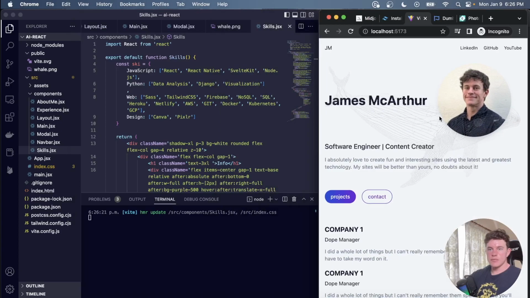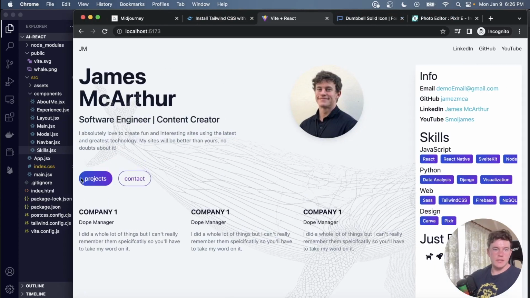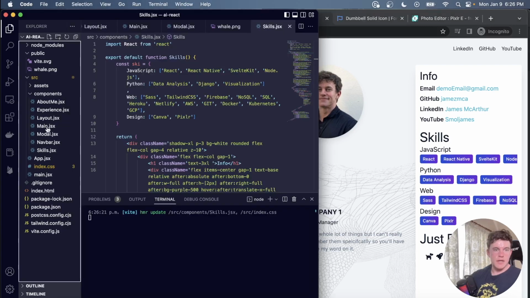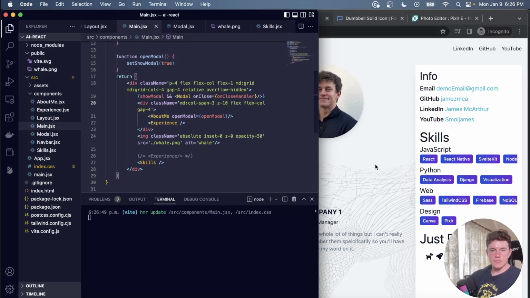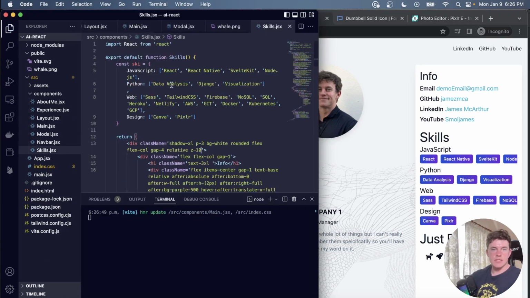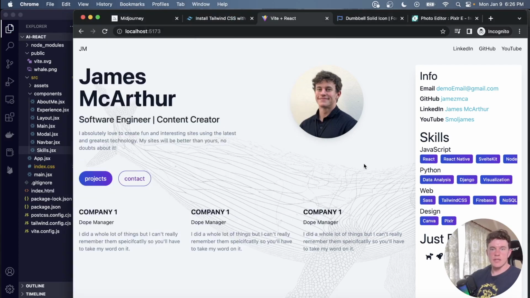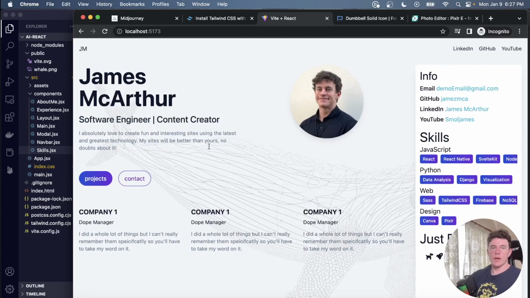And then on a smaller screen, we just have that little graphic in the background, and on a bigger screen, we have this neat whale. However, I notice it's still sitting on top of everything. So I think what we're also going to have to do is just give everything else a z of 10. So that now that sits on top, and I might have to do the same for skills, which we've already done, z of 10. So now everything should still work perfectly, and we just have this whale graphic in the